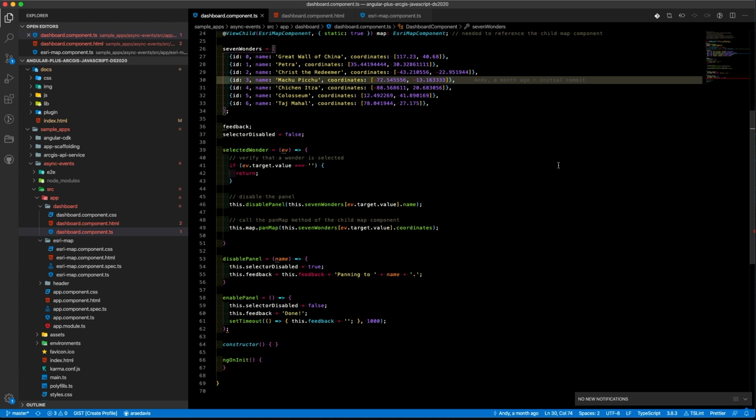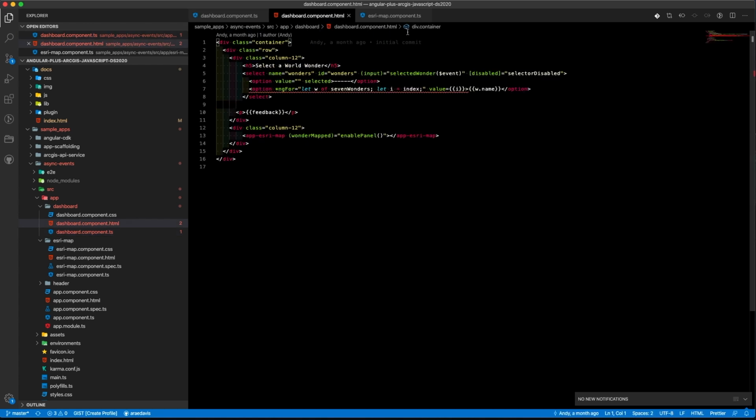But what's going on under the hood is a little bit different. So first things first, let's take a look at our dashboard component's template. And again, we've got that event binding to the DOM event of input, and that's what's calling that selectedWonder function. Now, if we go over to Esri map,